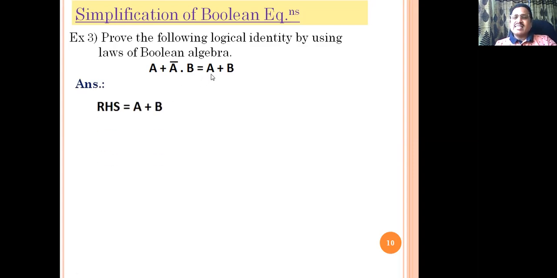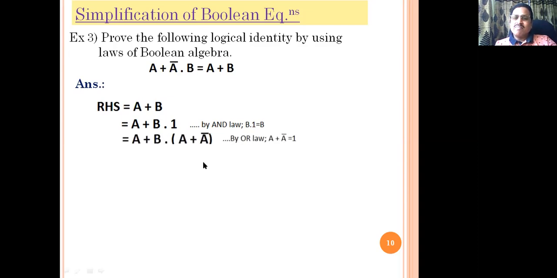So here the right hand side of the equation shows A or B. You have to make it multiplied by A bar. So we can make the adjustment this way. B means B and 1, and that remains B because ANDing of 1 with B remains B. Then replace this 1 by A or A bar. ORing of a number with its complement is always 1. You want to obtain B and with A bar towards the left hand side, so just adjust by replacing 1 with A or A bar. Then by the distributive law, B and A, B and A bar, right?